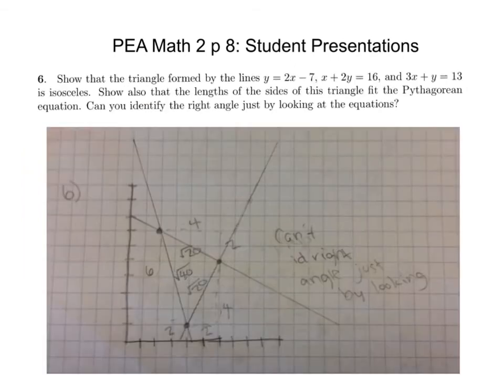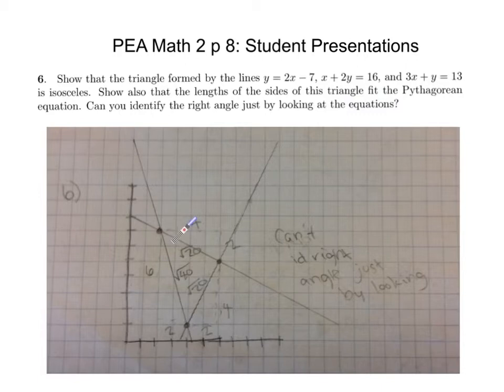Show that the triangle formed by the lines y equals 2x minus 7, x plus 2y equals 16, and 3x plus y equals 13 is isosceles. Show also that the lengths of the sides of this triangle fit the Pythagorean equation. Can you identify the right angle just by looking at the equation? Well, first of all, I turned those equations into slope-intercept form. Then I graphed it,